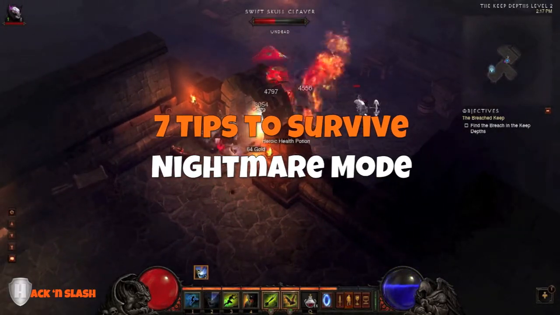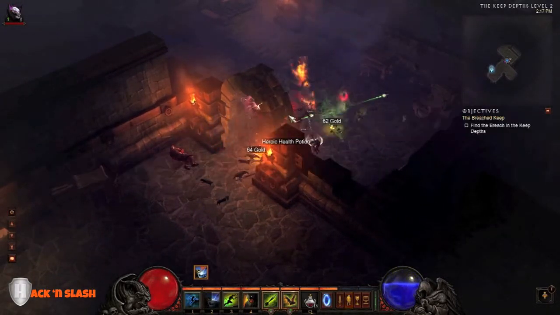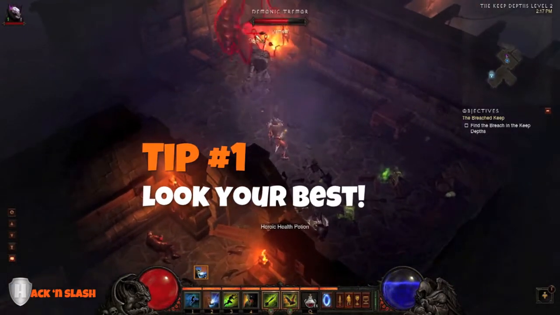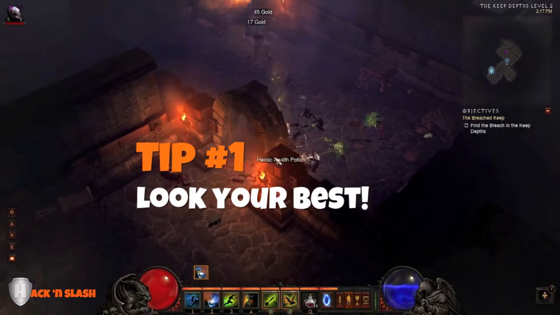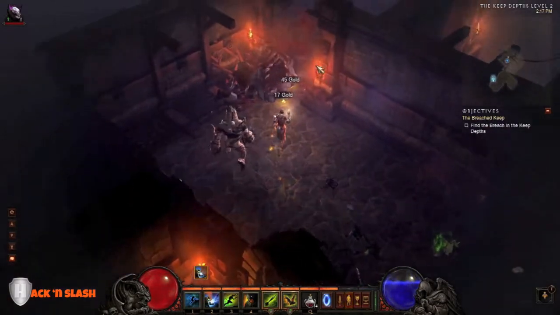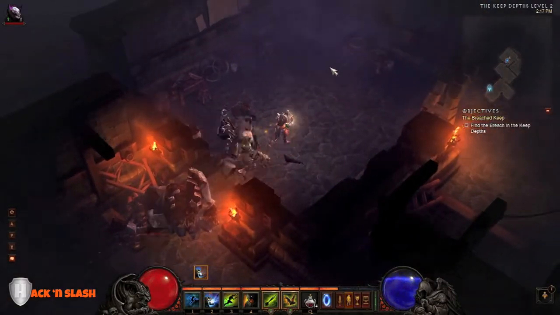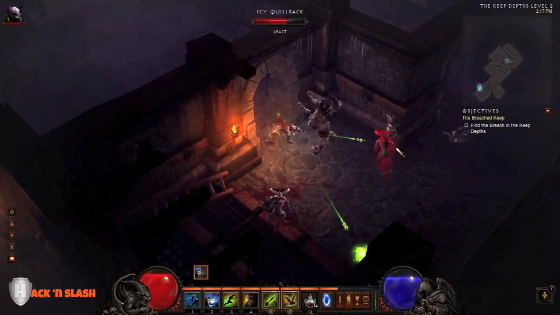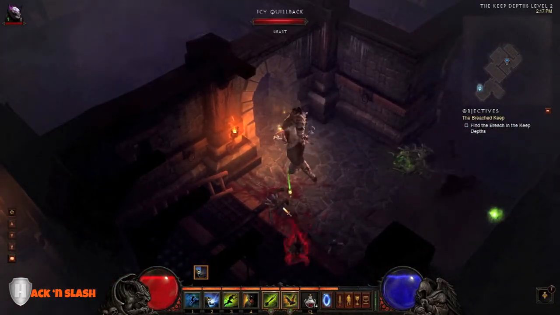I just want to give you a couple of tips today on how to improve your survival rate in Nightmare mode. So my tip number one would be to gear up before heading into Nightmare mode. Gear is going to make a huge difference at this point in the game. Make sure you're buying the best gear you possibly can from the auction house. Don't be afraid to spend some money on whatever you need, because it's going to be just a huge difference